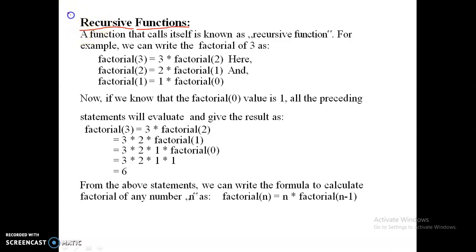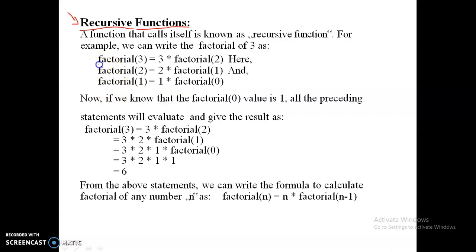This is also useful in the different data structures. Where we need to repeat the complete function code more than once, there you can use the recursive functions. So a function which calls itself is called a recursive function. Say for example, I want to find out the factorial of a number. This we can do with the iterative statement or we can do with the recursive functions.